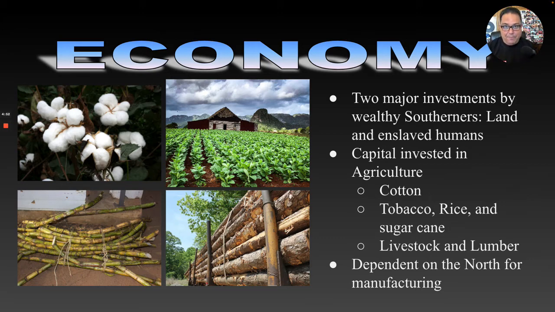So there's this thing called capitalism that is at the basis of the American economy. Capitalism is basically this idea that you have a business and you make money. And then whatever money you make, your profits, you have to figure out what to do. Are you going to buy a new car, or a new PlayStation or Xbox, or are you going to take those profits and reinvest that money into building capital for your